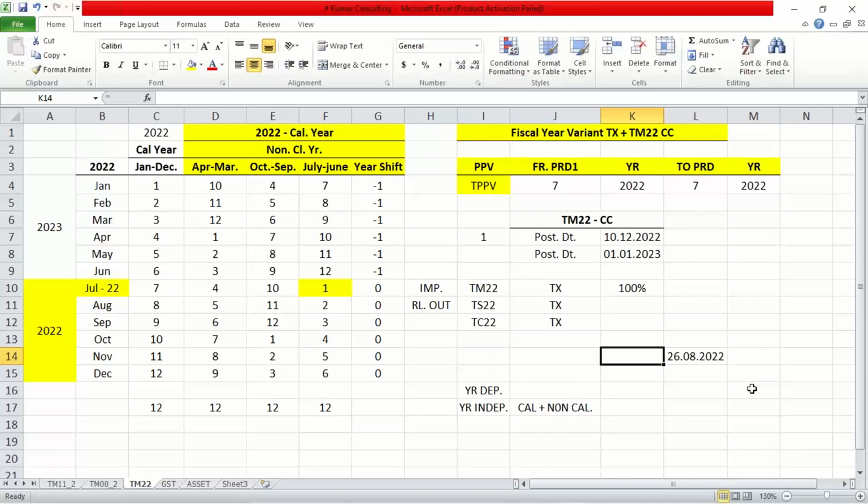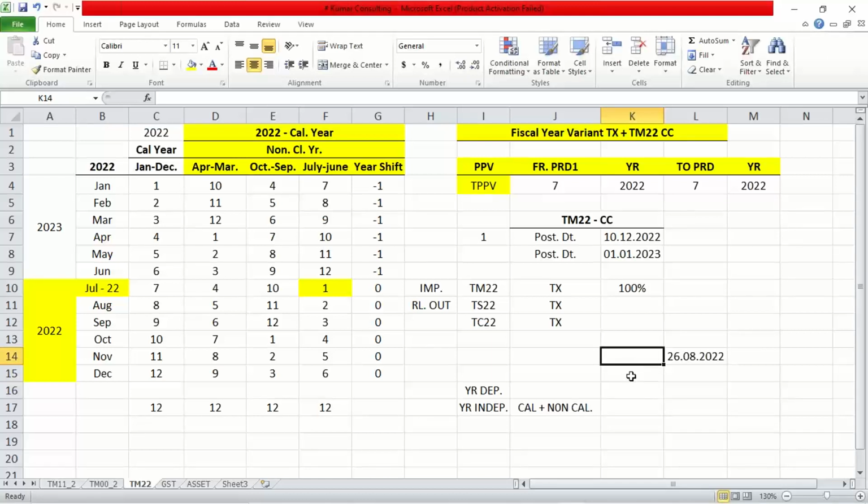We have to define the fiscal year variant as year dependent. And when you define year dependent, practically there is no need to go into it, guys, and practically it is not possible to show. Nowhere will you be getting this, because whatever I'm explaining, even that much people are not going to explain. Everywhere people simply leave it, right? Year shift itself is not being explained by people. Now here, so what I said,